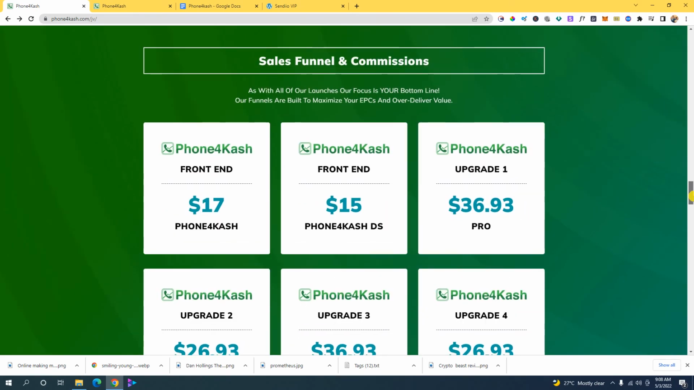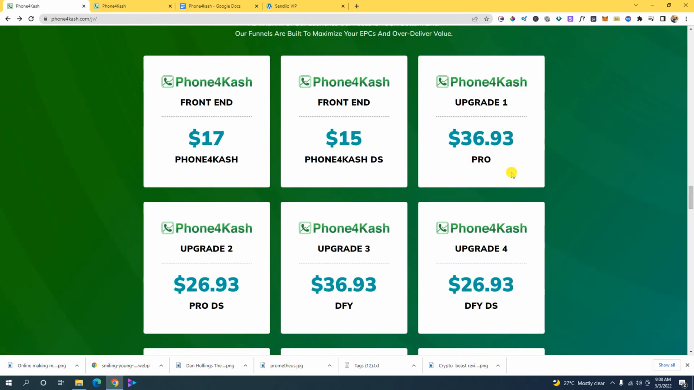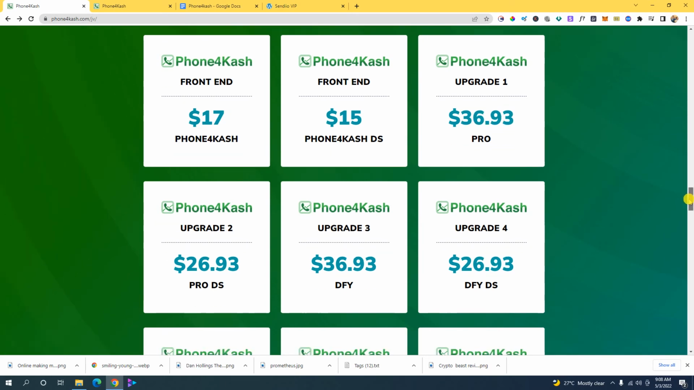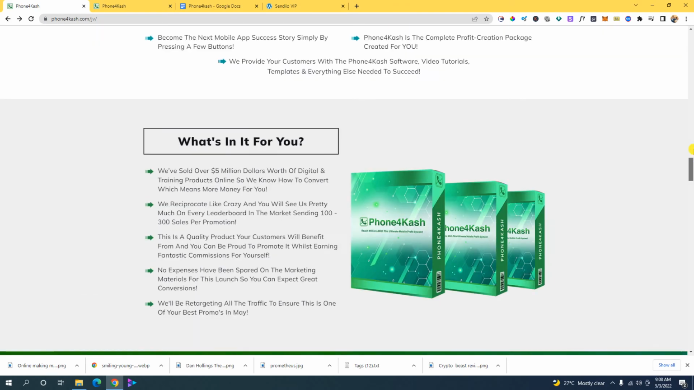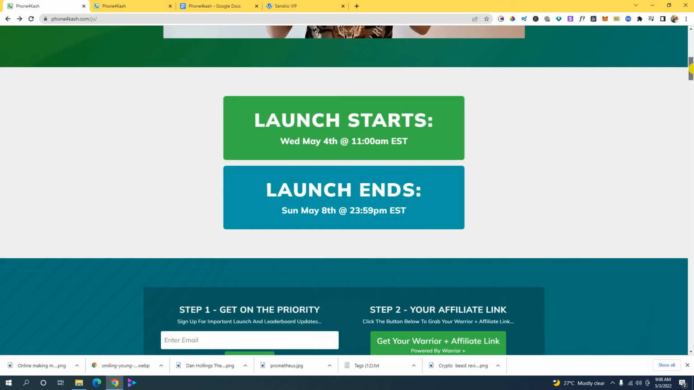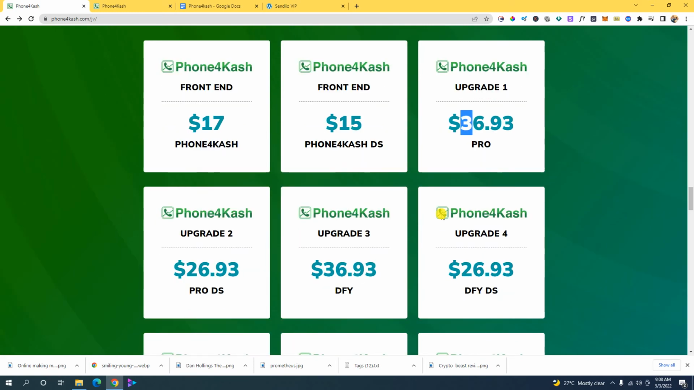So here are the upsells that you might be considering if you wanted to upgrade your account. Upgrade number one, guys, is $36, which is a pro version of your account. I'm not really sure what's included in the pro version, but the price for this is 36.93. Upgrade number two is actually, guys,